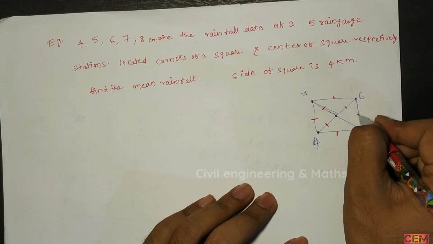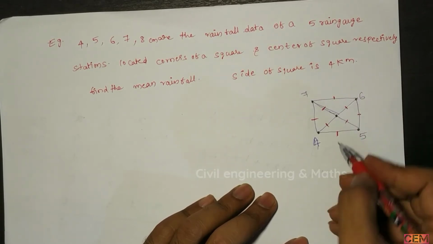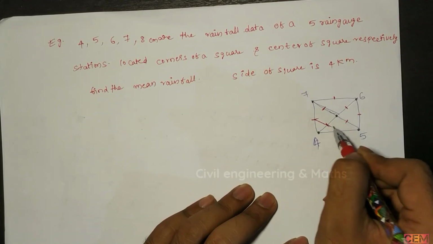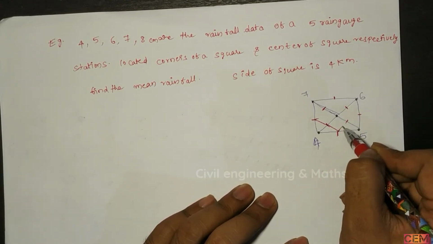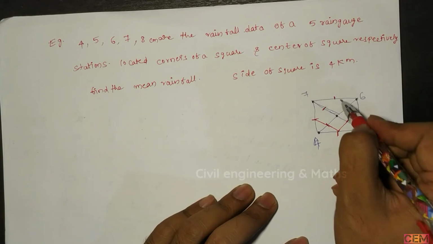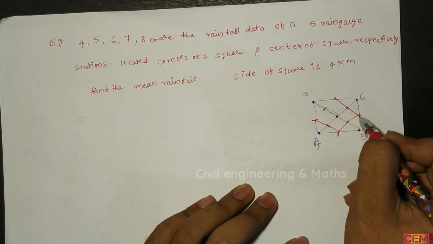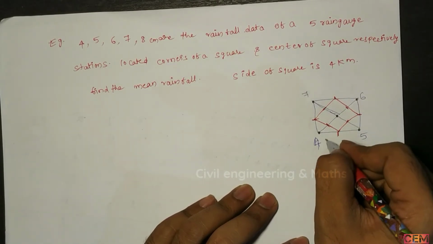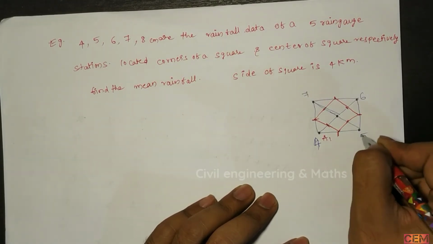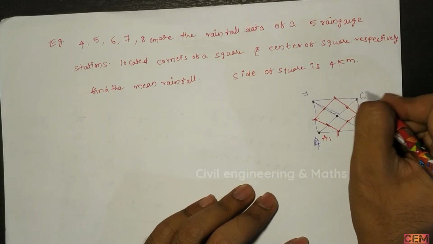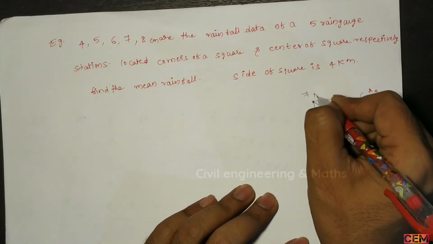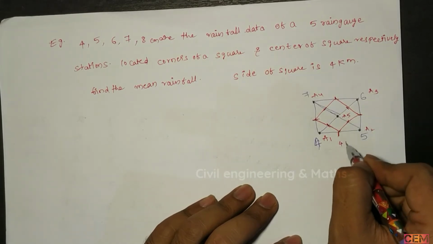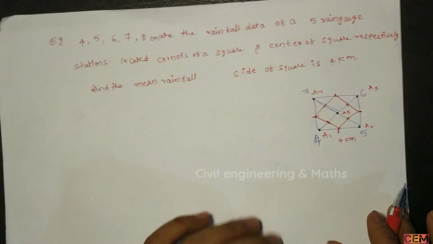We draw all of them, and this is A1, A2, A3, A4, A5. The sides are 4 kilometers, which means